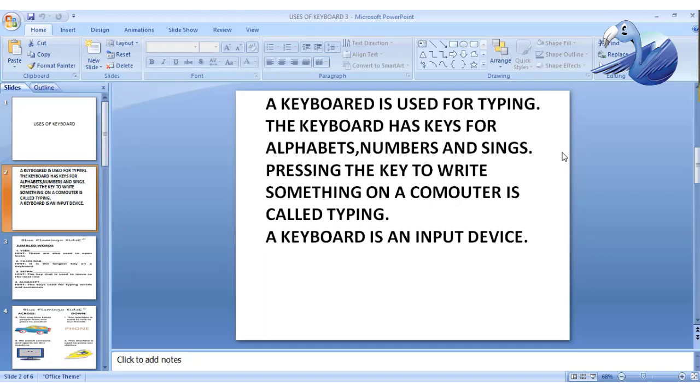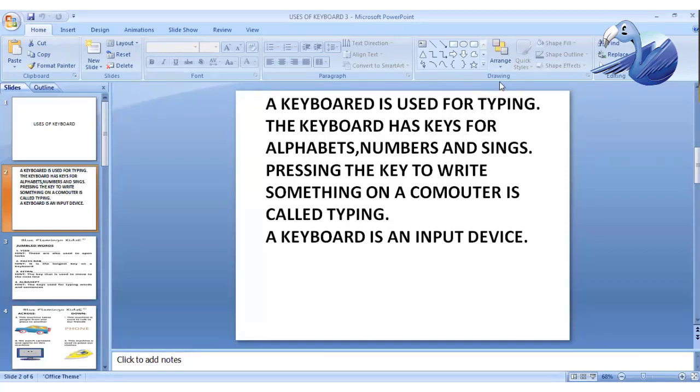Pressing the key to write something on a computer is called typing. Suppose you want to write something, you need to type it on a keyboard, and only then will it be displayed on your monitor.